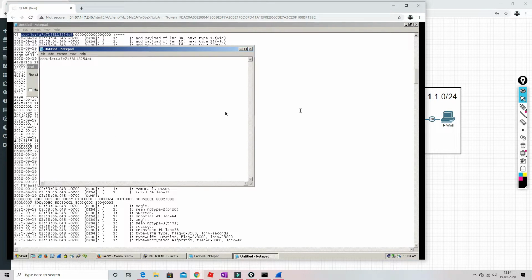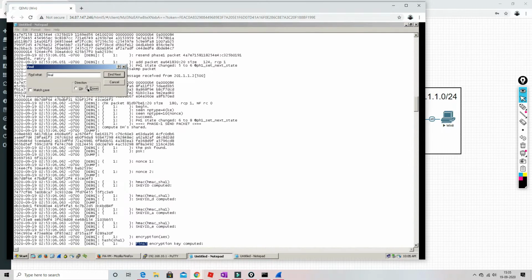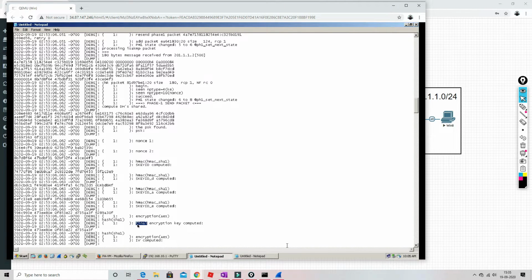And the second is we have to find the key. So here what we have to type is final. Okay. So it should be down, I guess. Yeah. So you have to find this key. It should be written as final key encryption computed. So you have to copy this key, right?